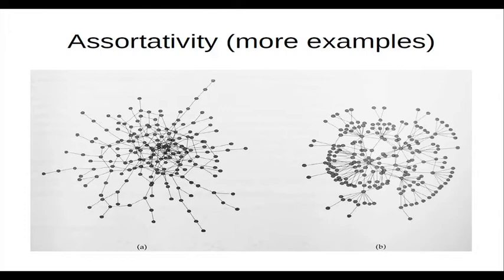If you now look into this slide, you see 2 typical examples. The left hand side network is much more assortative than the right hand side network. The right hand side network, on the other hand, is less homophilic, and in general this type of network is termed a disassortative network, that is, rich do not go with rich, they usually tend to go with poor.